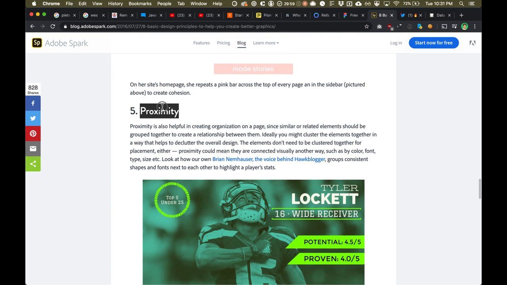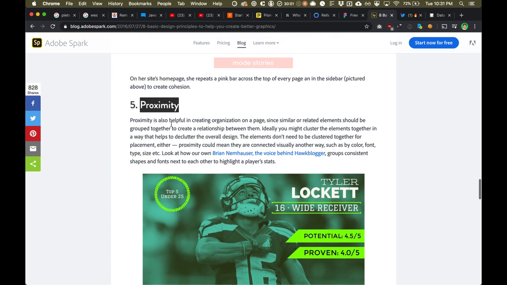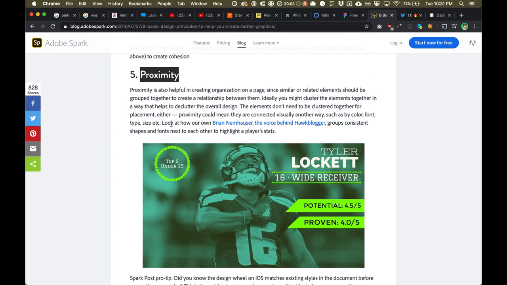And then proximity, I'd say, is the next most important thing. You just want to group things that are similar, and usually just those two things, hierarchy and proximity, can totally change your design if you just think about those. If a design that you're working on doesn't feel right, just think about those two concepts.